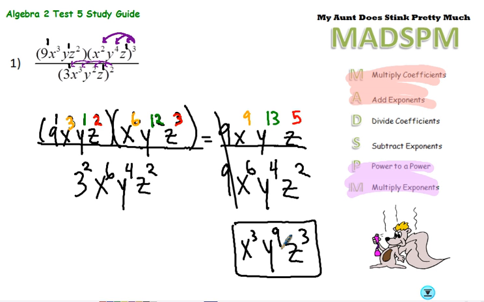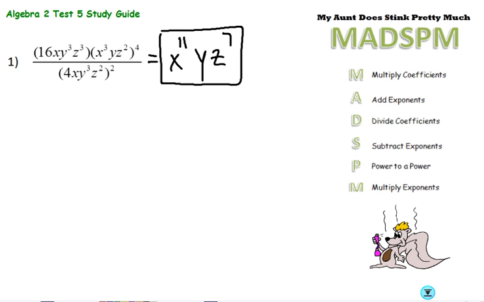All right, well, let's check number 1 on the right side, see what you came up with there. You should have got x to the 11th, y to the 1st, z to the 7th power. Right. So if you got that problem, great. We're going to go ahead and move on to the next problem. If you didn't get that problem,